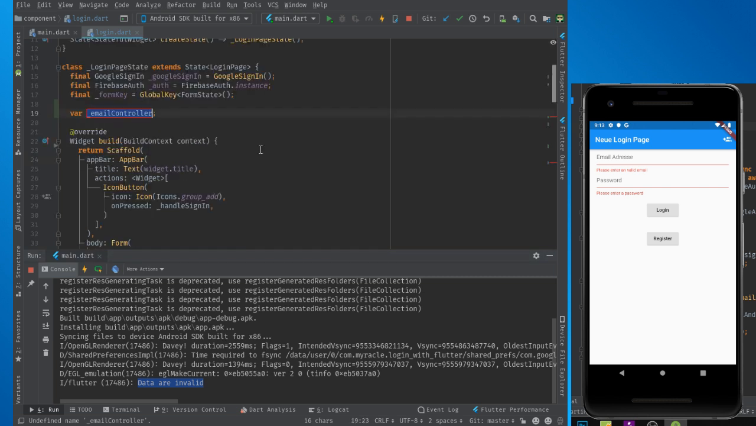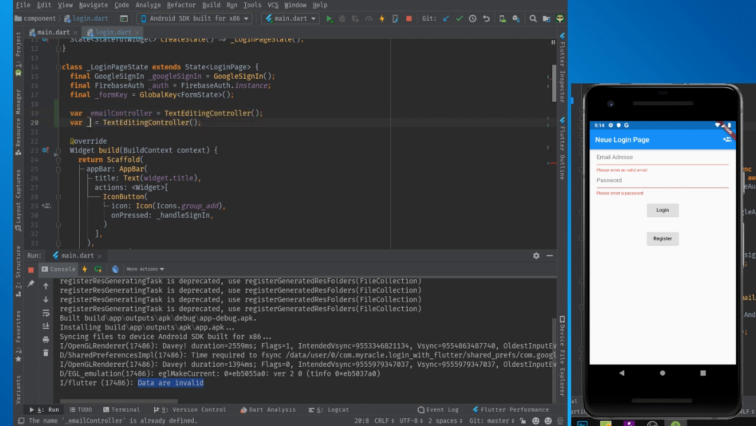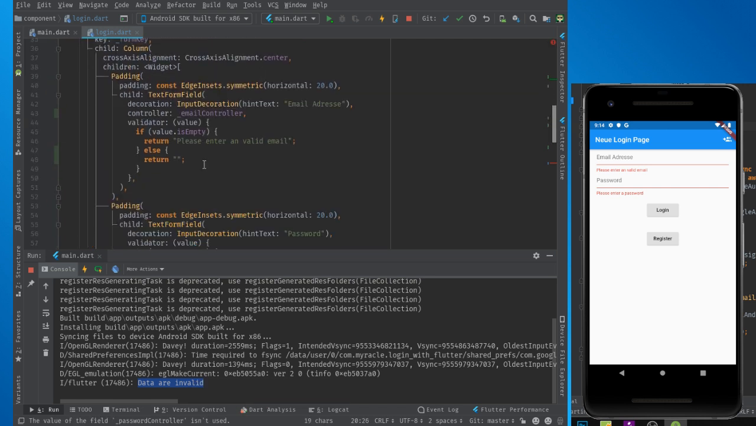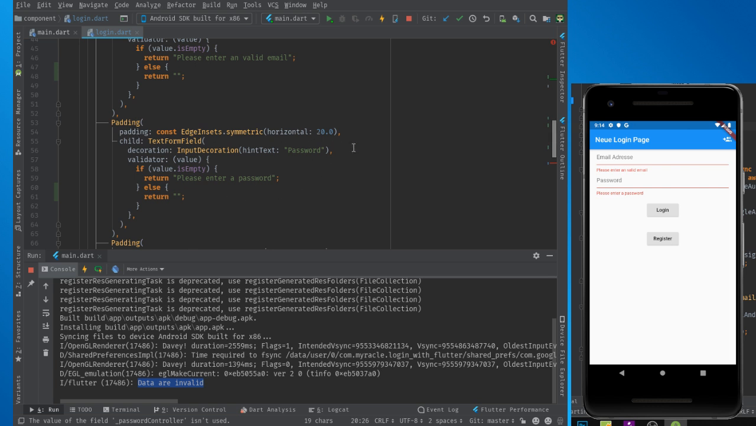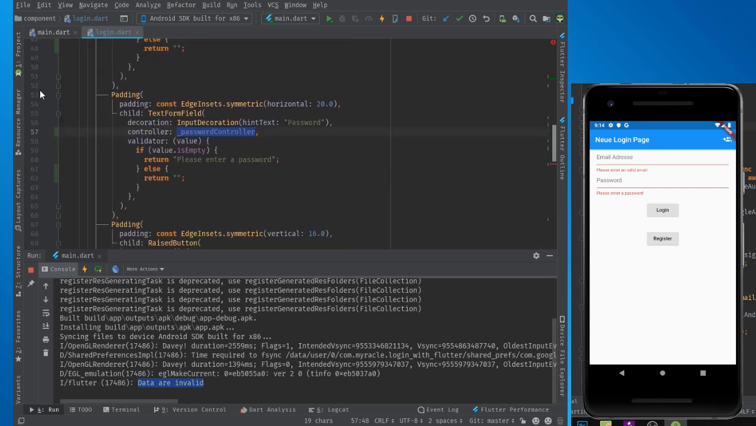So we need a field for that, which is an email controller. This is a text form control. Controller, what do we have? Text editing controller is the right one. And we need, of course, also a password controller, so that we can also read the password information. Email controller and password controller. Voila. So beautiful. And with that, we have now access to that controller from our